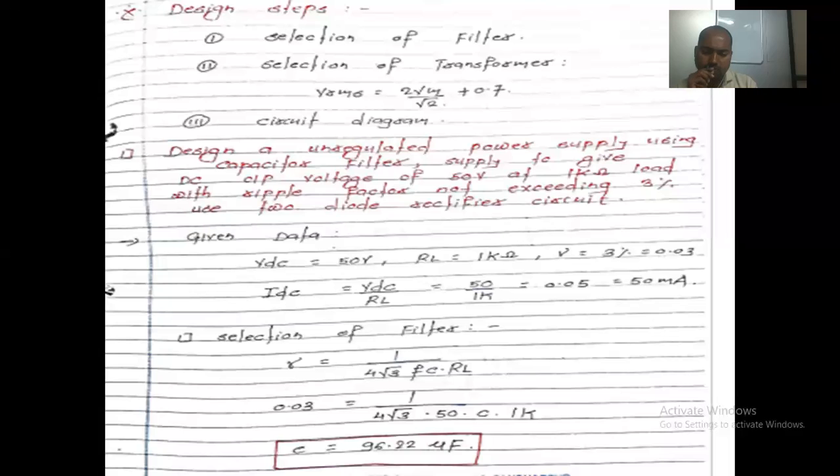It is 10.41 into 10 raised to 3. Something is wrong, because after all the calculation, 0.03 equal to